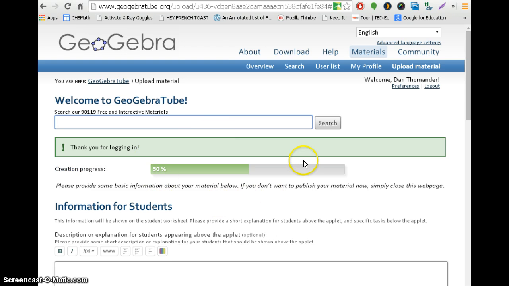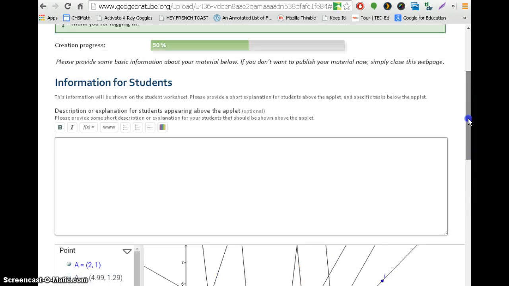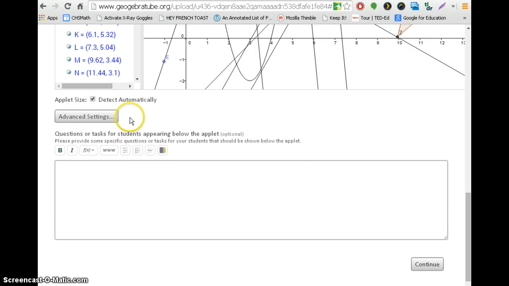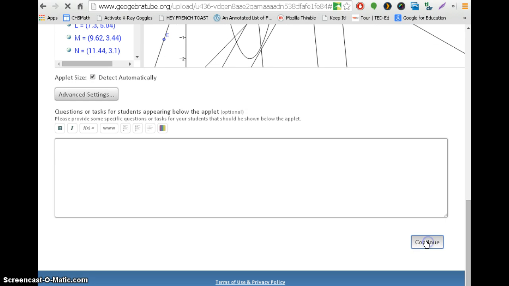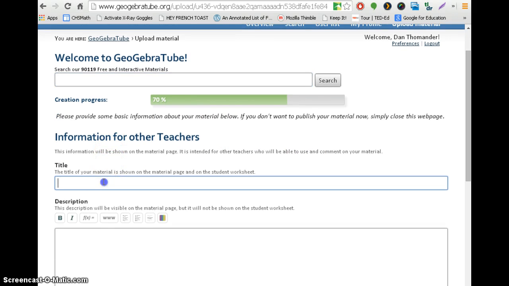So now that I'm logged in, it's going to ask me what is this that I'm sharing, and I have to put some information in here. It will not share. There's everything I just created. So this is a sample of constructions in the plane, I'll just say. Okay, and then we're going to go back here, and it says, do you want to include questions or tasks? And I'm going to not include any. I'm just going to hit continue, and then the next thing it says, do you want to put a title on here? So this is my evidence from adventure